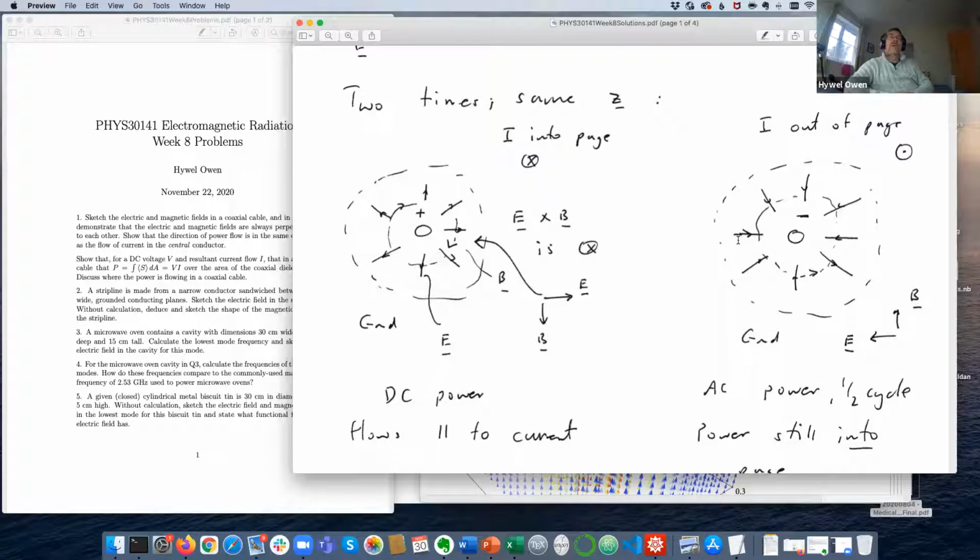It's now minus. So now the electric field points towards the conductor at this particular value of Z rather than pointing outwards. And of course, at this point in time, the current is also flowing in the opposite direction. So rather than flowing into the page, the current is actually flowing out of the page. So we remark, don't we, that the current which is passing into one end of the wire, if it's an AC signal, is flowing into and out of the wire periodically, but the current further down the wire, further